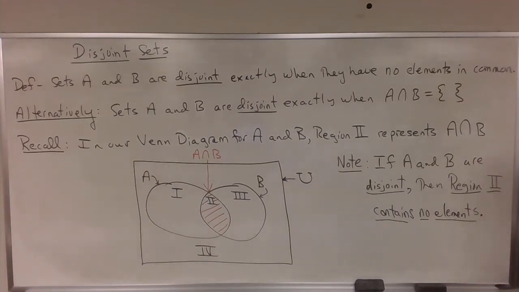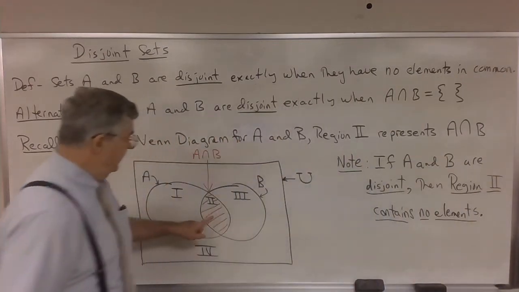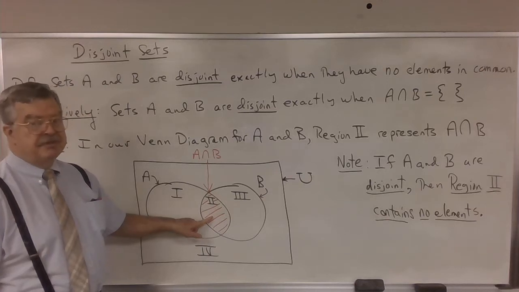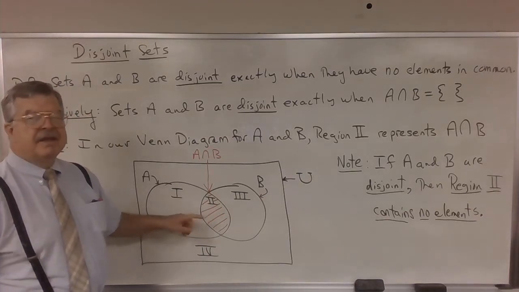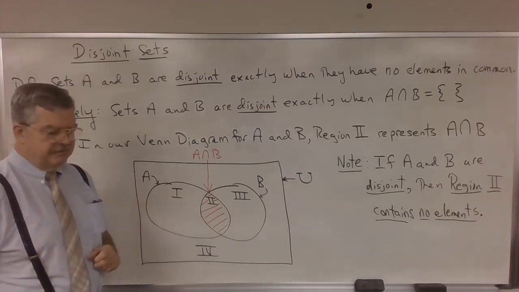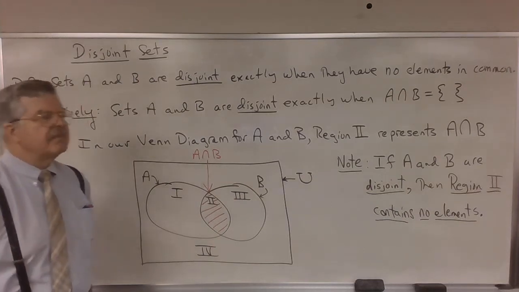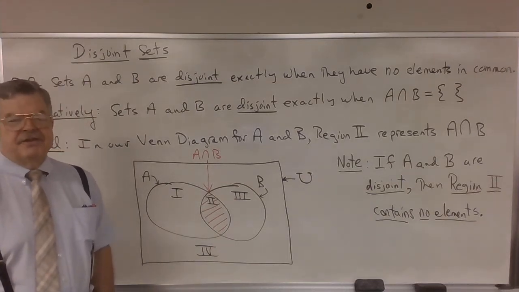So this is a good observation. If A and B are disjoint, then region 2, which represents A intersect B, contains no elements. Since that's the case,